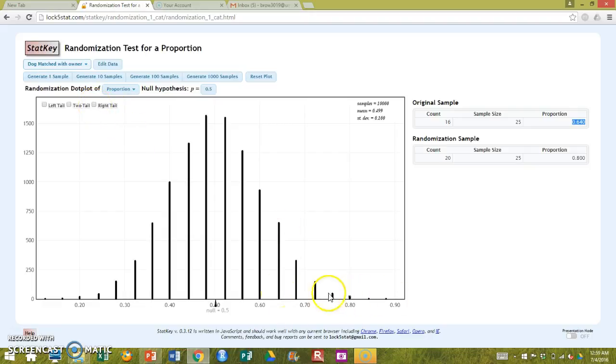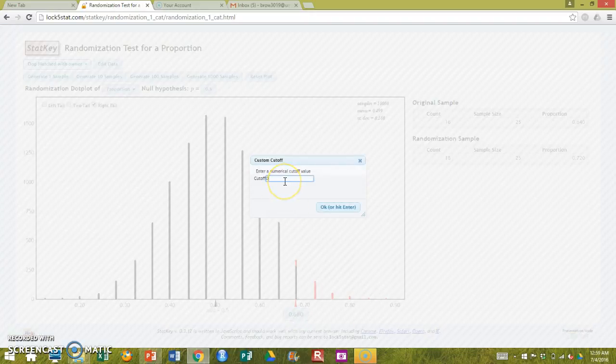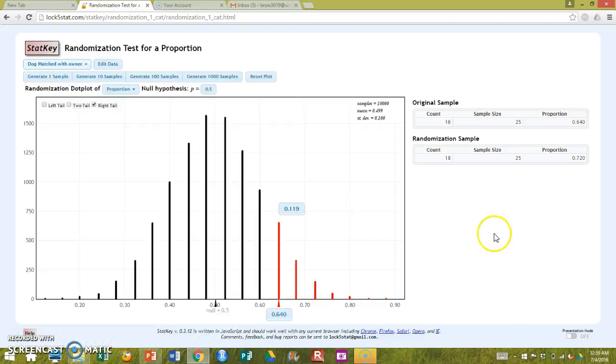Since we're going to just look at 0.64 or larger, I can click the right tail button and I will get my little proportion counter, and I can type in my sample result of 0.64. And it will think and think and think. There we go. Okay, so in this world where the null hypothesis is true,